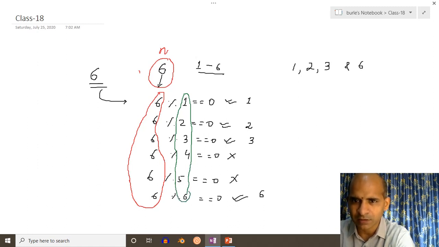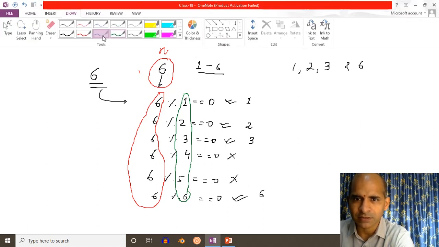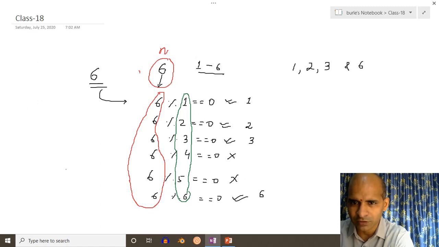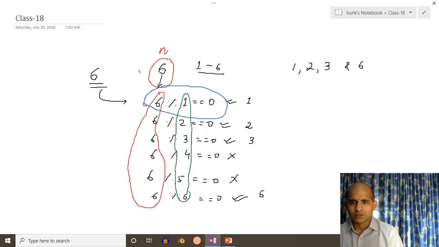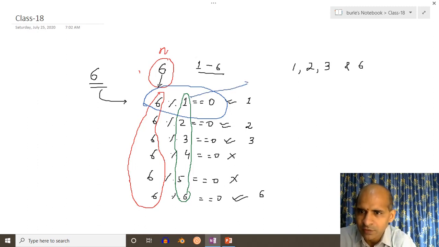And the format I have applied, 6 mod 1 equal to 0, you have to enclose inside a condition. So for 1 to 6 we use a loop, and for this one we use a condition like if.